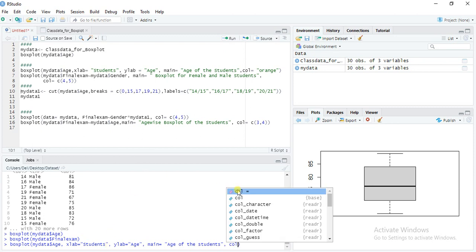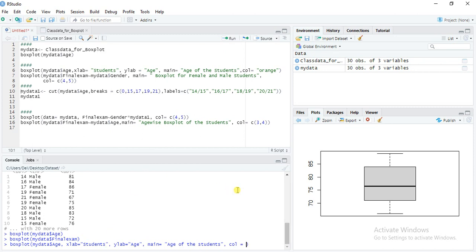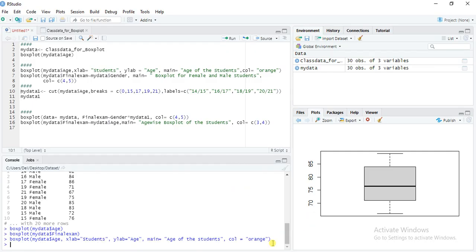Here I choose orange color. We can choose any color, orange, and then enter.